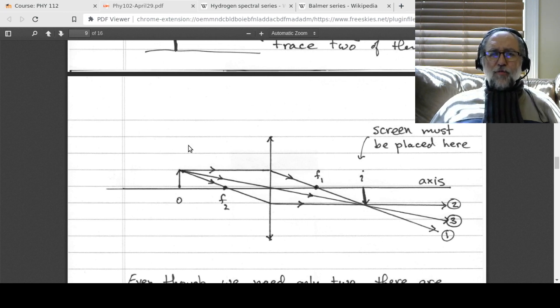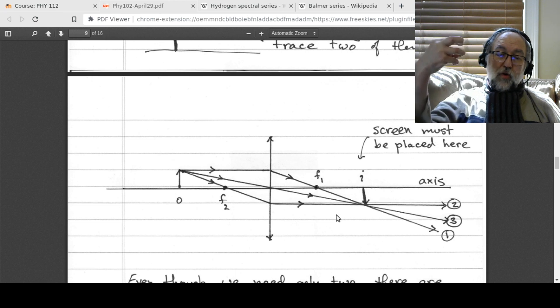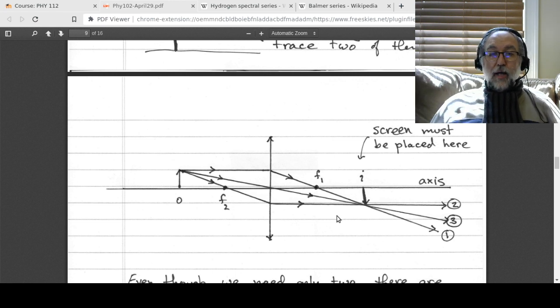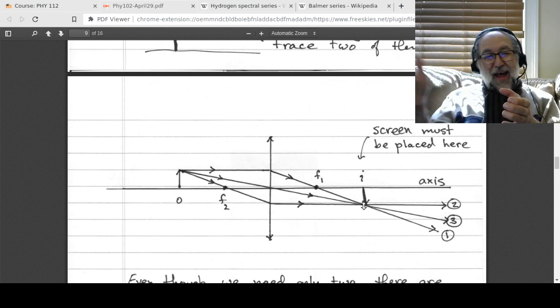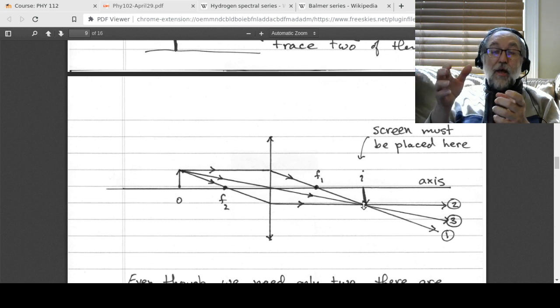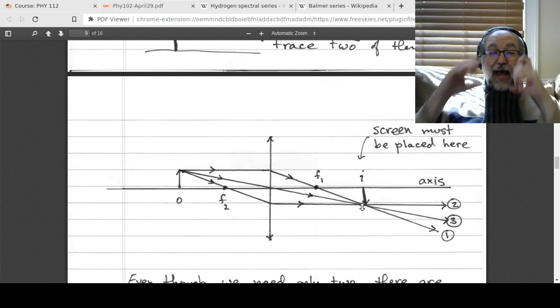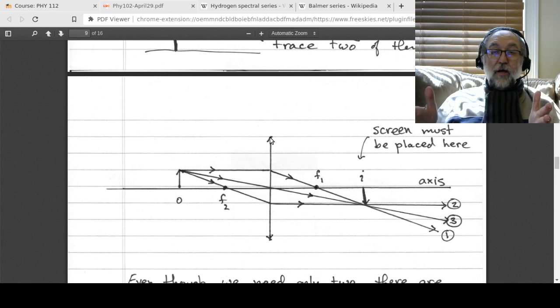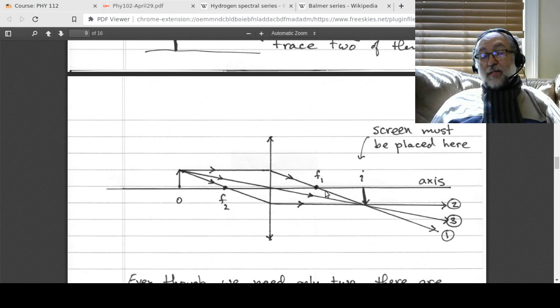By the way, if you want to know what kind of real-world example you have of this, that's the human eye. What the human eye does is there are objects out there, and it focuses those objects onto a screen, and the screen is the retina. So this is the front of your eye, basically the lens of your eye, and there's the screen. Now, for the human eye, you don't move the screen back and forth. The retina is kind of fixed. But instead, there are little muscles which make the lens thicker or thinner, and they change the focal point of the lens